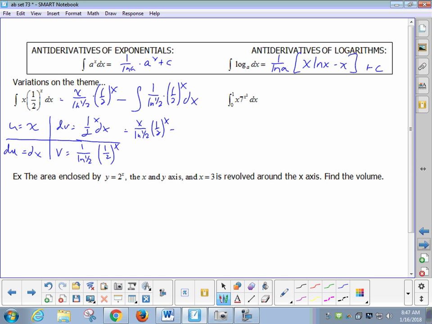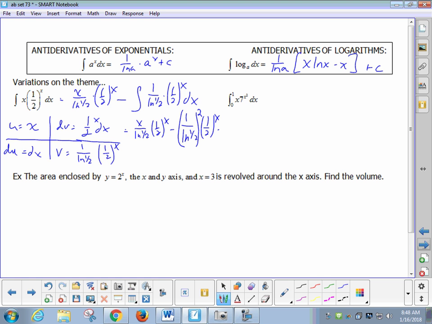Talk to me about what you might do. Bring the constant out front, and then let's do at the same time the antiderivative of (1/2)^x. So altogether, what's the constant out front? 1 over natural log of 1/2 to the second, because we're going to have two of them, either all squared or just the denominator squared, whichever you prefer. We had one, then we're going to pick up another one when we anti-differentiate (1/2)^x again, times